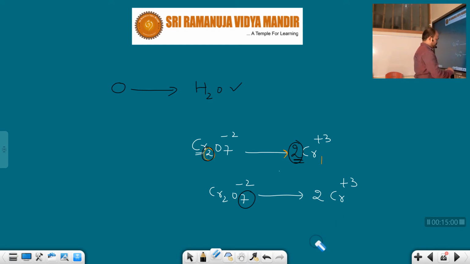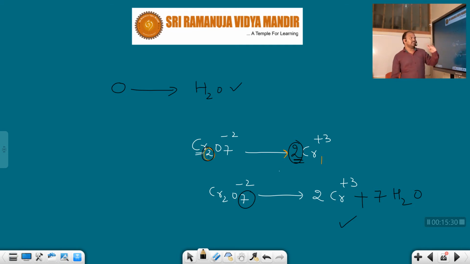Yes, your guess is correct. In the right hand side, the deficiency is present. How much deficiency is there? Here 7 oxygens. That's why we expected 7 oxygens on the right hand side, but oxygens are not present. That's why the deficiency is on the right side. So where the oxygen deficiency is there, that side you have to add water molecules. How much deficiency? 7 oxygens. That's why we add 7 water molecules. Students, I hope that you are very clear. Oxygen deficiency side, we add water molecules.